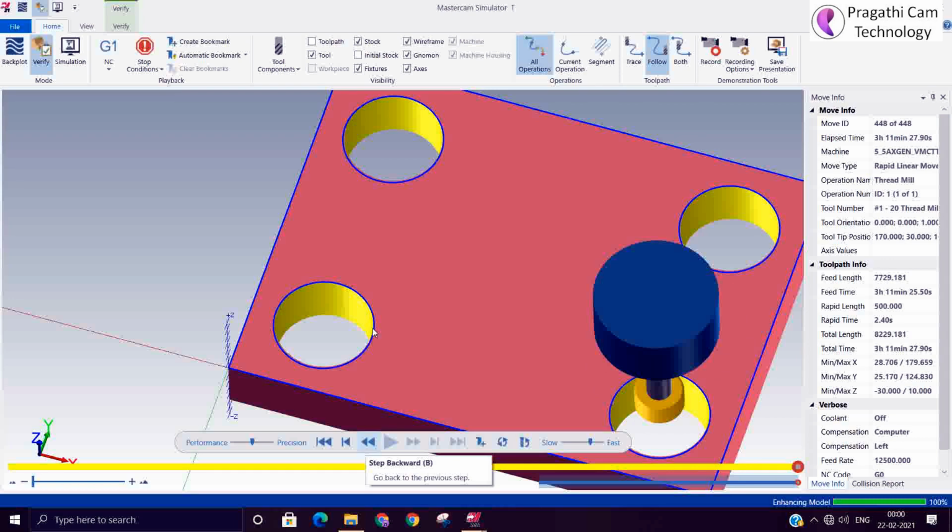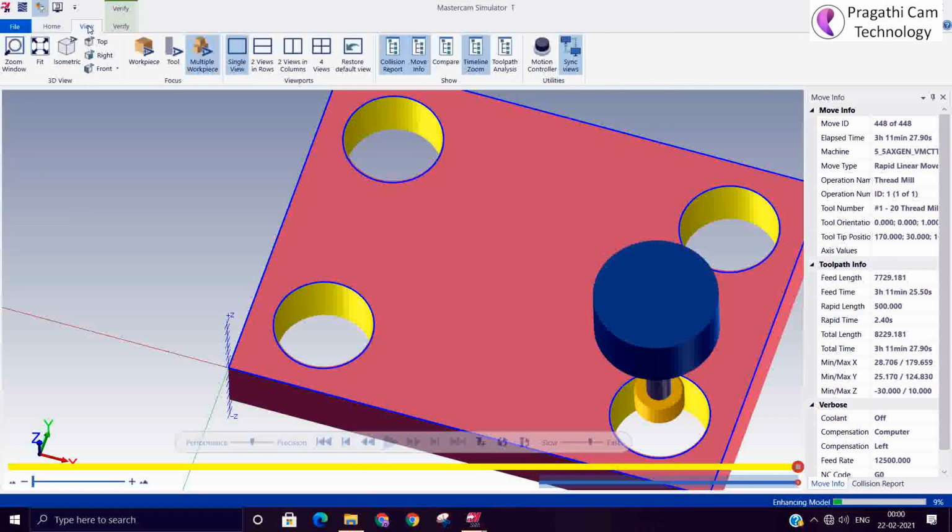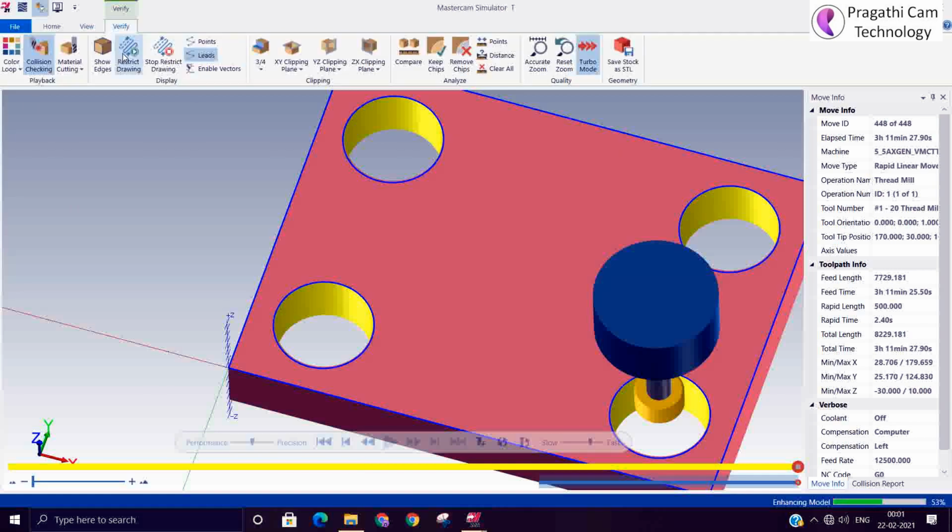So now I am going to show you the sectioning of the stock material. Here in the simulation there is an option called sectioning, so you can do first quadrant cutting, and XY plane also you can cut. So we'll see ZX cutting here. Front.